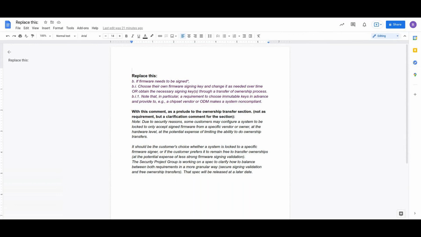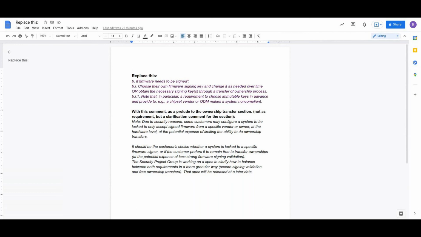So I guess I'm asking this group, and specifically those that are looking for this key, is this comment better than the comment that you have under B1? It says replace this. And so this is a bit of a word salad. I mean, maybe some comment is good, but